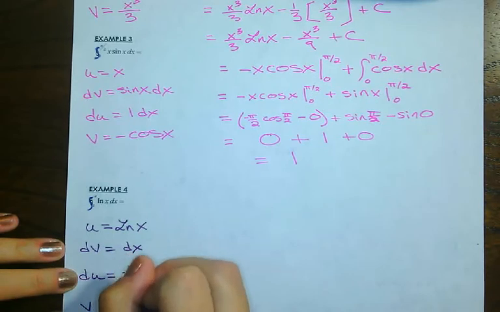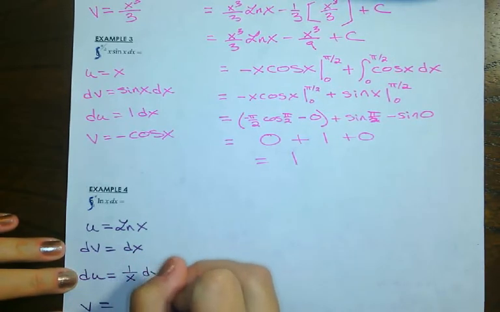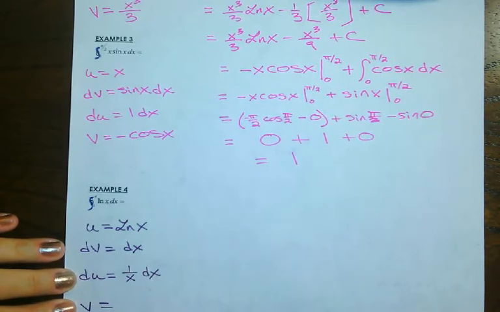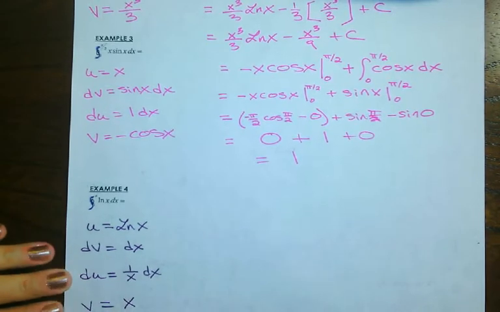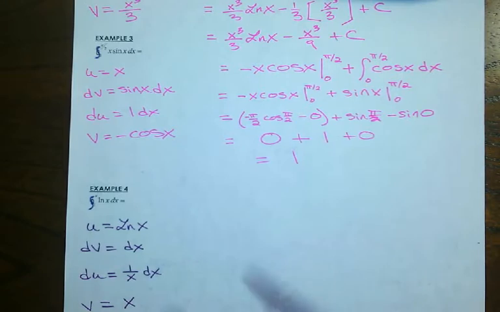The derivative of ln of x is 1 over x dx. The integral of 1 dx is just x. Okay, so follow me to there, give you a chance. Again, this is just an ln of x, so at first it doesn't look like you'd need integration by parts,